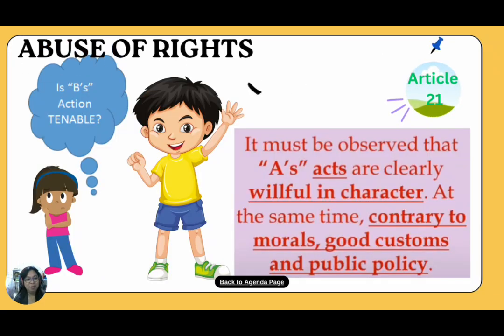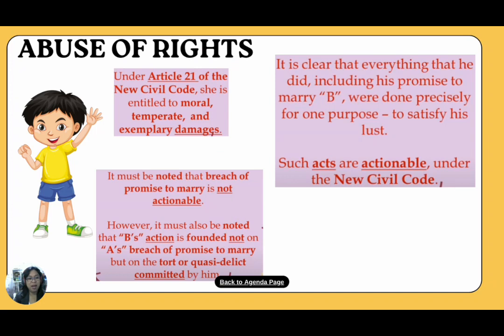So, sabi ng court, yes, it must be observed that A's actions are clearly willful in character. Tama naman, di ba? Willful yung action ni A. At the same time, contrary to law and good morals, good custom, and public policy. Ano pa ang sabi dyan? That, under Article 21 of the New Civil Code, she is entitled to moral, temperate, and exemplary damages. Di ba? It is clear that